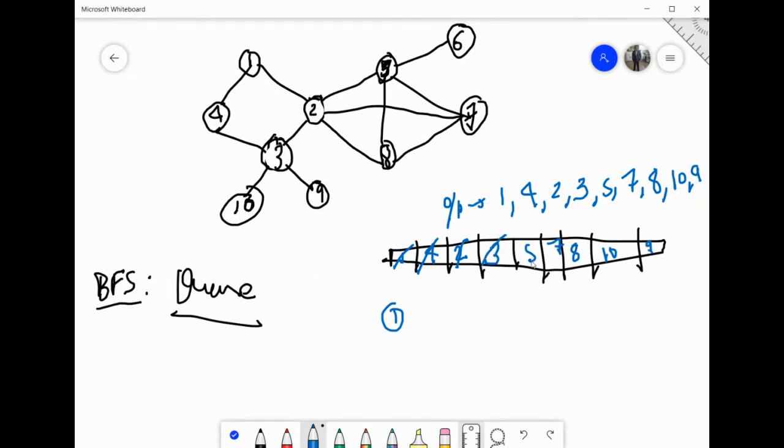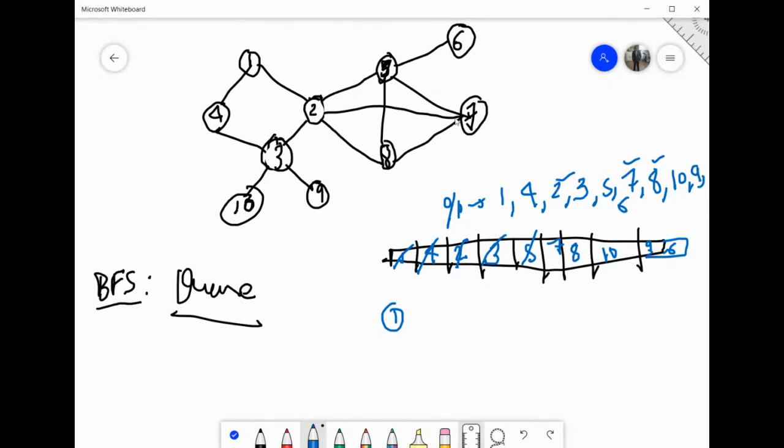You pop 3, and the next element is 5. You have to visit all the possible adjacent nodes of 5. What are the adjacent nodes of 5? 2, 6, 7, 8, of which 2, 7 and 8 are already in the output. Only one is not, that is 6. So you push 6 in the queue. Right? 5 is also done. You pop it out. Next is 7.